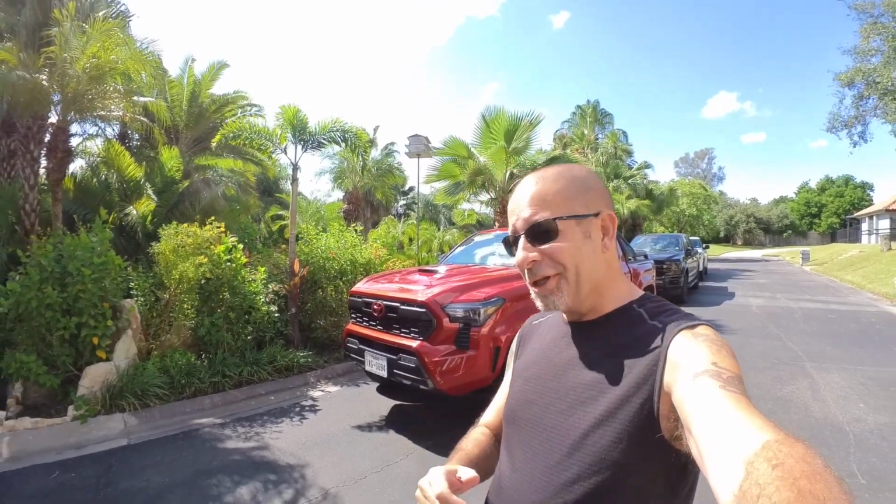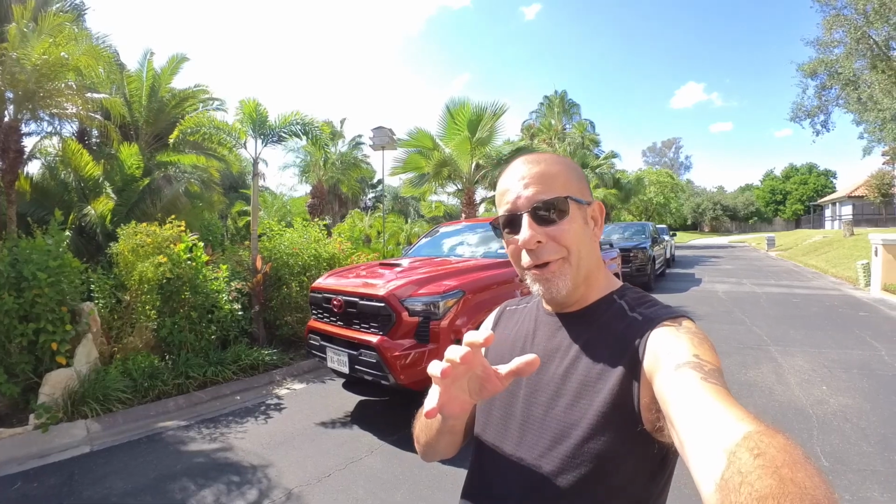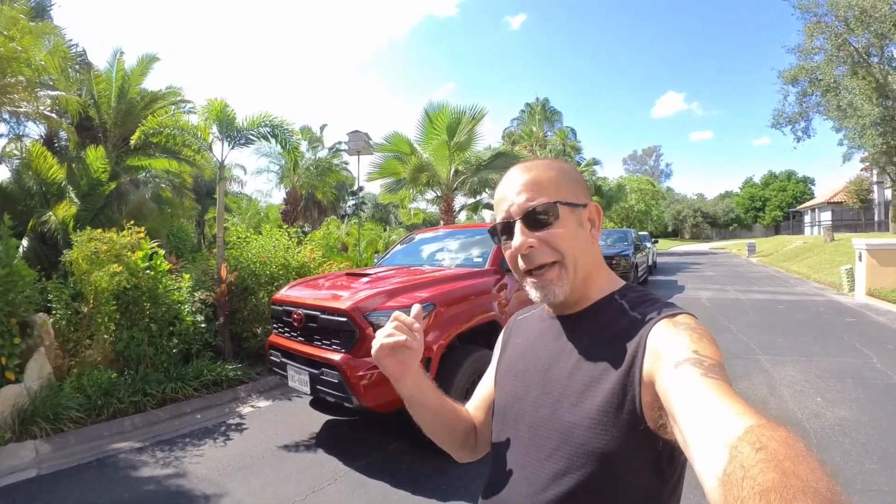So, did I lose my shirt when I purchased the 2024 Toyota Tacoma? What's the trade-in value or the cash buyout value if I was to go ahead and, let's say, get rid of it and get something else? We're going to run through the numbers, but real quick before I get to that,